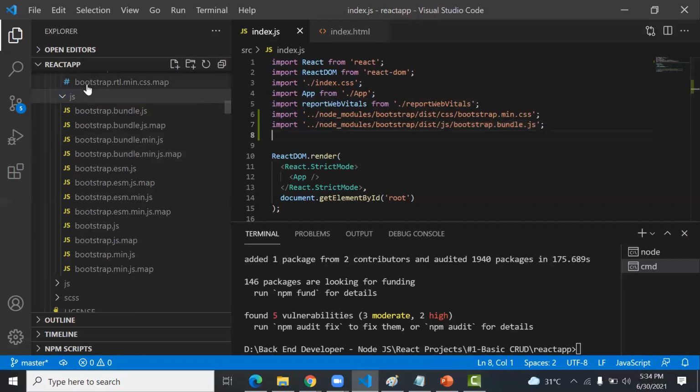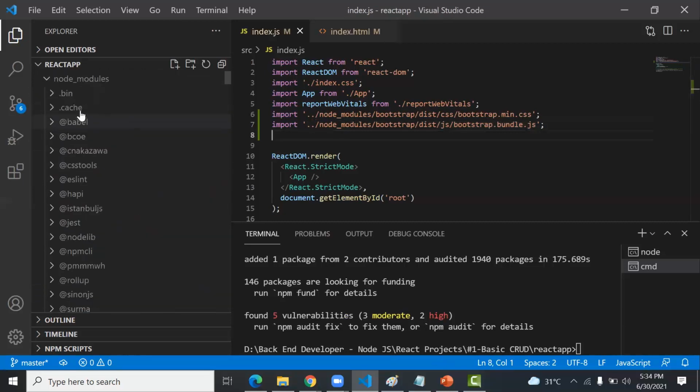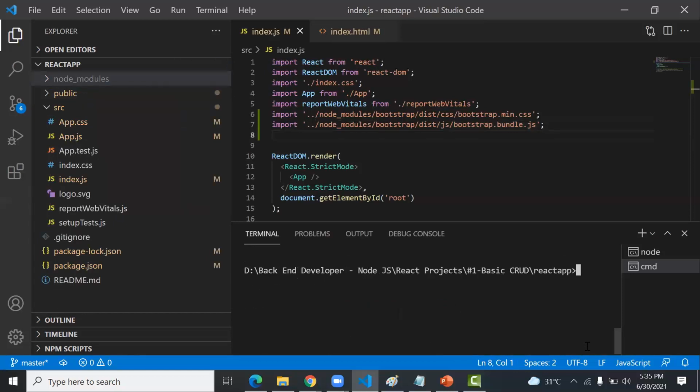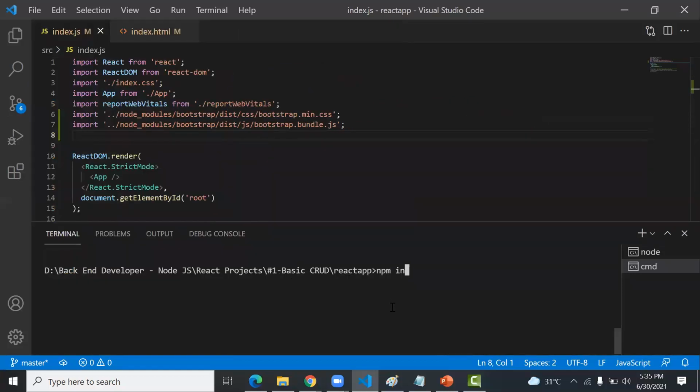Then the next part after this, install jQuery. How to install Bootstrap I already told you. Now you install jQuery. Write npm install jquery. So this starts downloading jQuery. Even if you want the jQuery CDN, you can copy and paste it in the index.html.